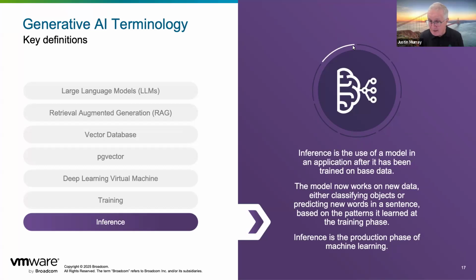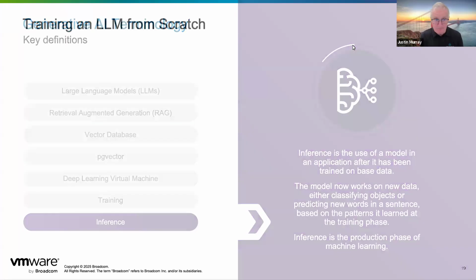They'll test the model in a deep learning VM to make sure it's accurate and it's not unsafe. It's not biased. It's not hallucinating, which is making stuff up. It's a safe model, and we can recommend some of those models to you. And they'll put it into inference alongside the database. That's the key message here.